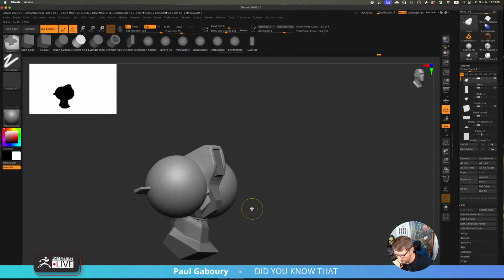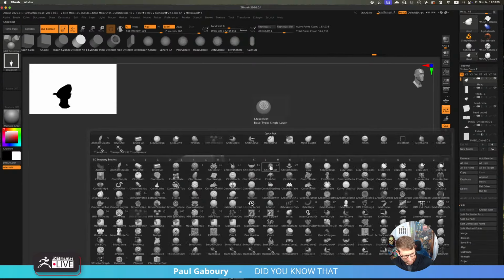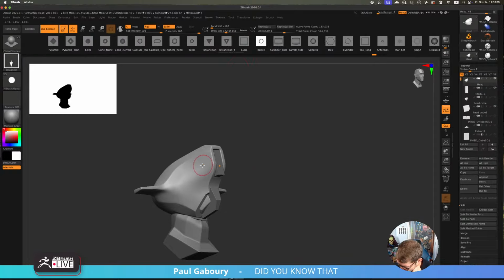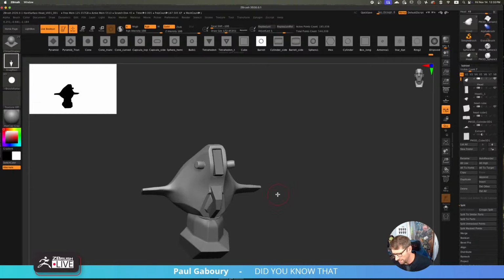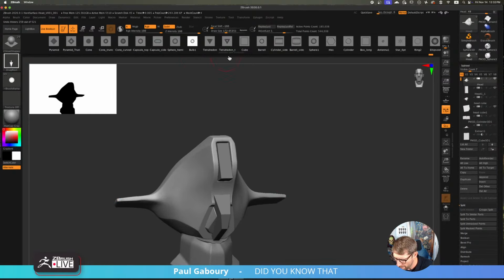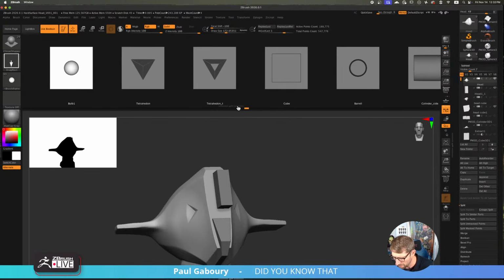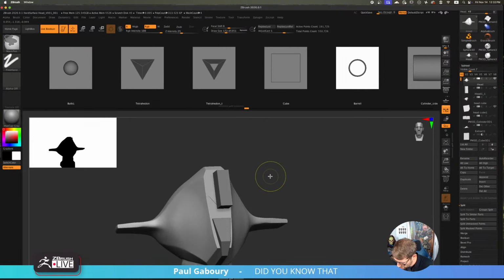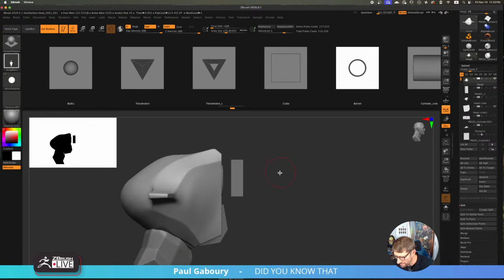I want to experiment. Instead of doing project parameter, let's try something else. Let's go to our chisels. Let's get the chisel shape, and we have stuff like this that we can start playing with. I want to make these be bigger, like this one. I went too far. That's fine. We can get rid of this.